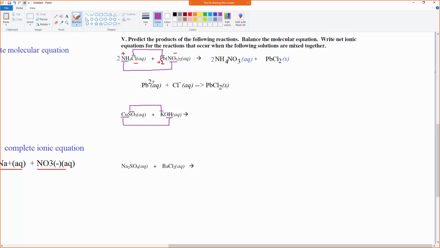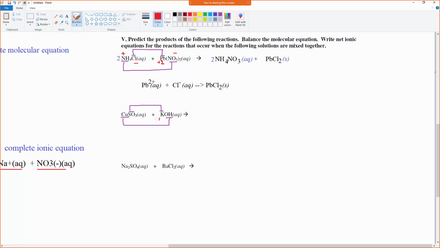Uh-oh, guys, look at the charges. It looks super simple. Cu with the OH and the K with the SO3, but